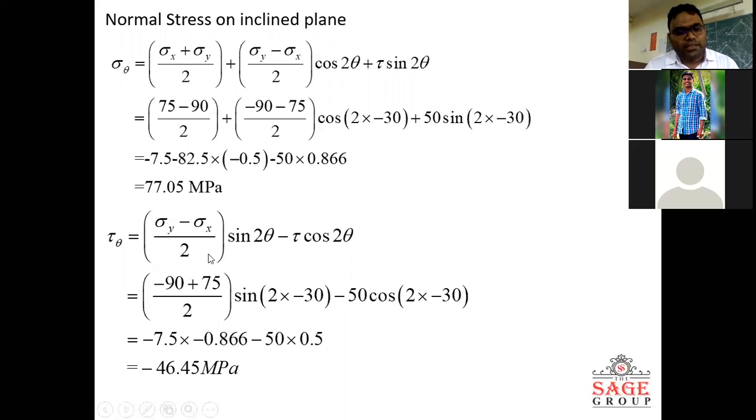Minus 75 will be right, sir? Yes, yes, yes. When I share this slide, I will correct it. But you just solve by using your calculator, then you will get the right answer. No problem. Might be this answer is right, because sometimes during typing we miss it. So it happens. Okay. So let's come to the